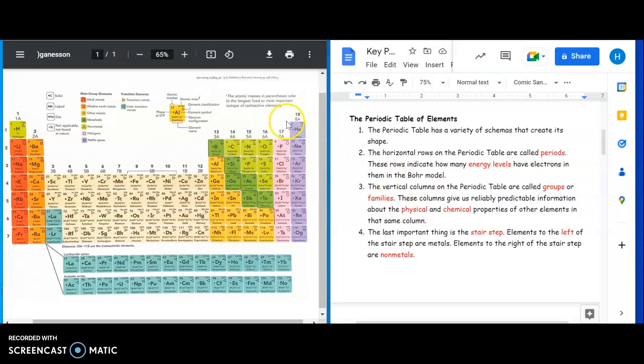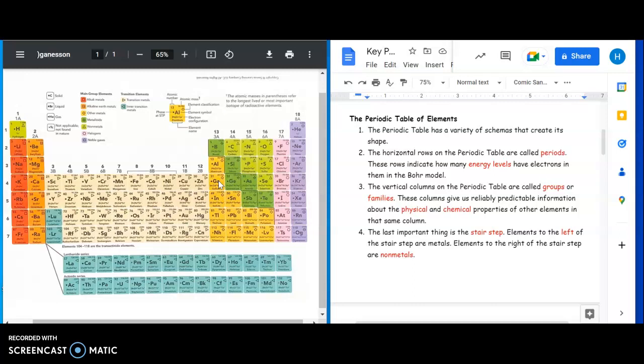So the vertical columns are called groups or families. They give us reliably predictable information about the physical and chemical properties of other elements in the same column. So remember, when the periodic table was made, sometimes there was an ability for elements to be predicted, like gallium, where they said, okay, we know there should be another element there, we just haven't found it yet,